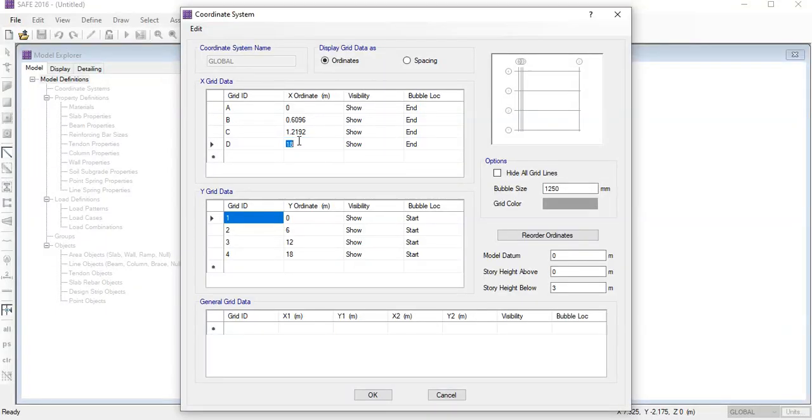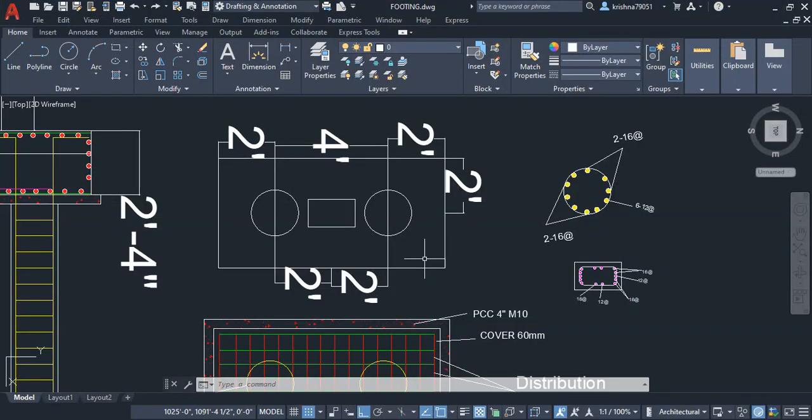So we will again provide the 2 feet dimension, converting to meters. So it will be 1.2192 plus the distance of 2 feet, which we convert, so it will be 0.6096. For the third one, we can give the name E. And the fifth grid is also 2 feet from the center of the second pile.